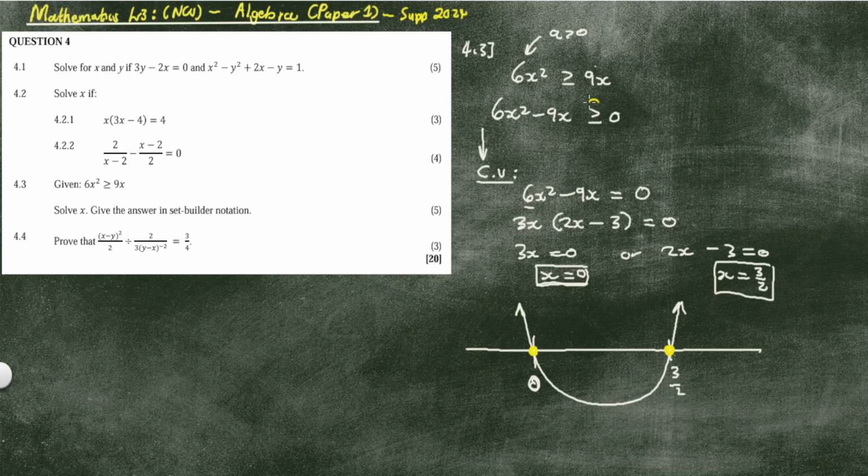Now, since the inequality sign is bigger or equal to 0, it means that it's above the x-axis. If it was less than or equal to, our solutions would lie below the x-axis. If your answer says greater or equal to, look for your solution above the x-axis. If it's less than or equal to, look for your solution below. Now, since the inequality sign is pointing to the right, it's bigger than, our solutions are going to be facing this direction. They're going to be to the left of 0 and to the right of